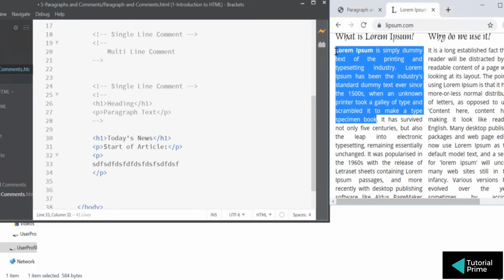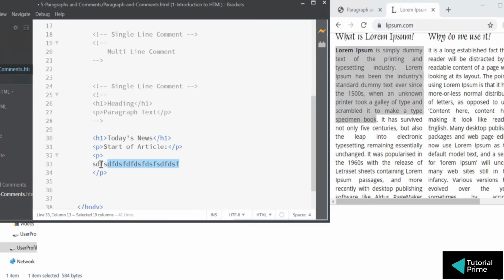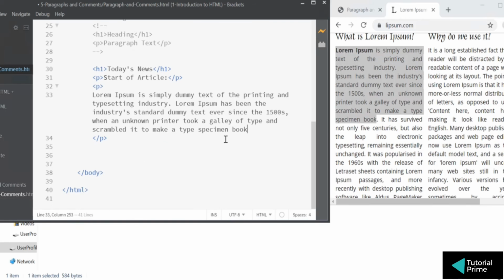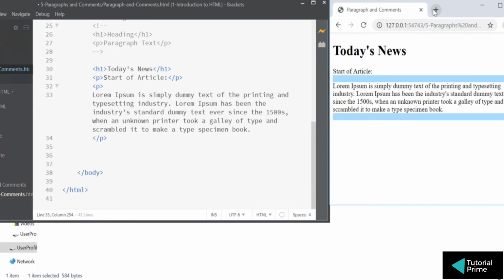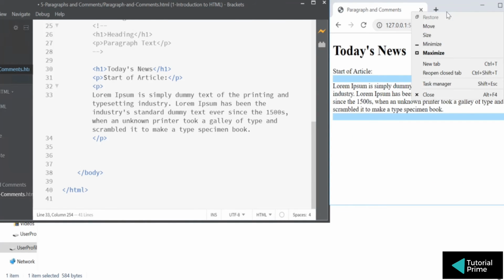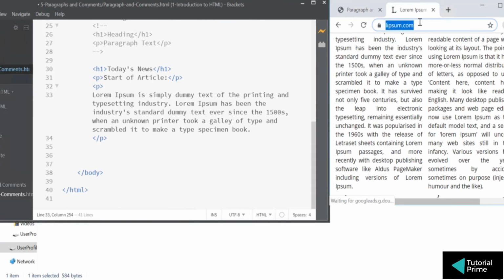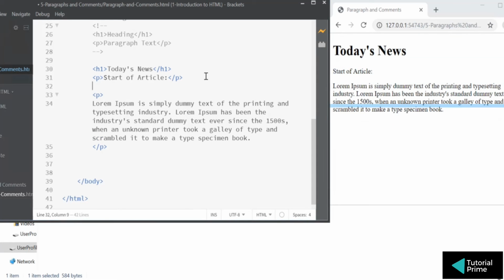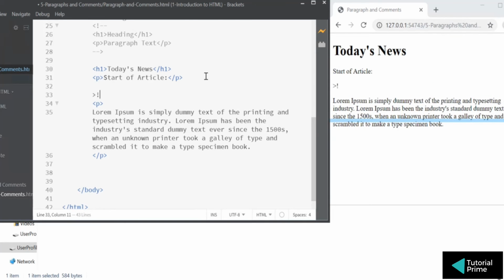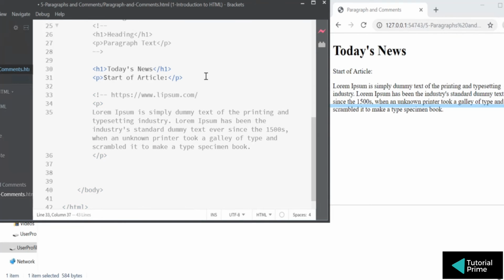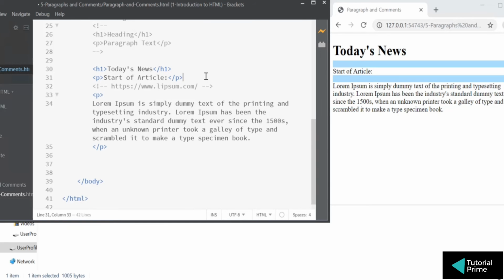It's dummy content with no specific meaning to it, and it's famous on the web. Many websites use this to fill up their page. I'm also going to give you the link here. If you want to add a link to where you got this source from, you can do that via this, and you can add the link here. Okay, you can see the start of an article here.